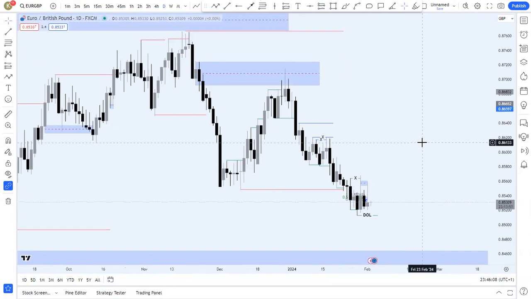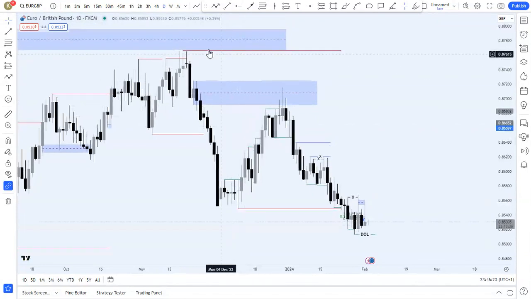So the idea is the least structure unit. If there's no fractal, it needs to be internal structure. Okay, so that's what you want to focus on. But now there's fractal, so the least is fractal. I'll focus on it. So based on the internal structure, when we broke here, we became bearish and we traced